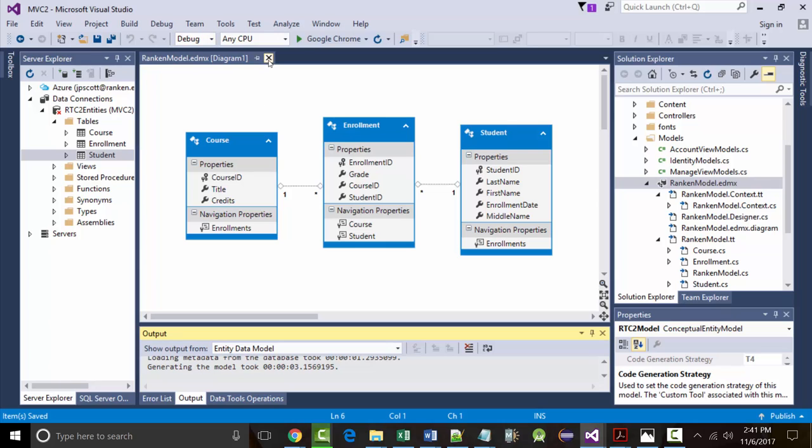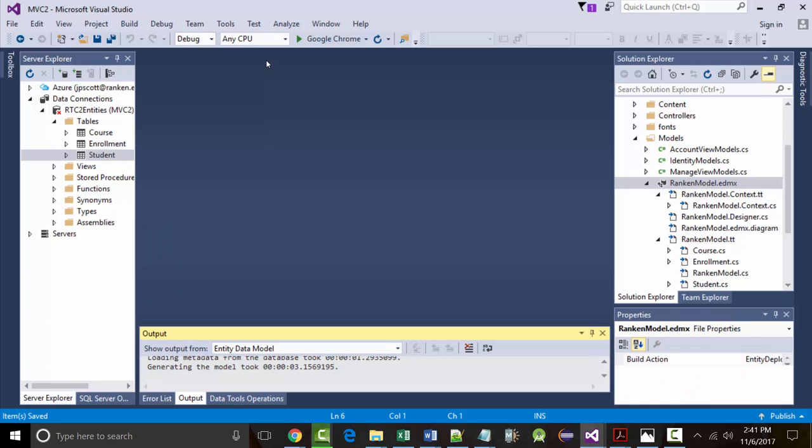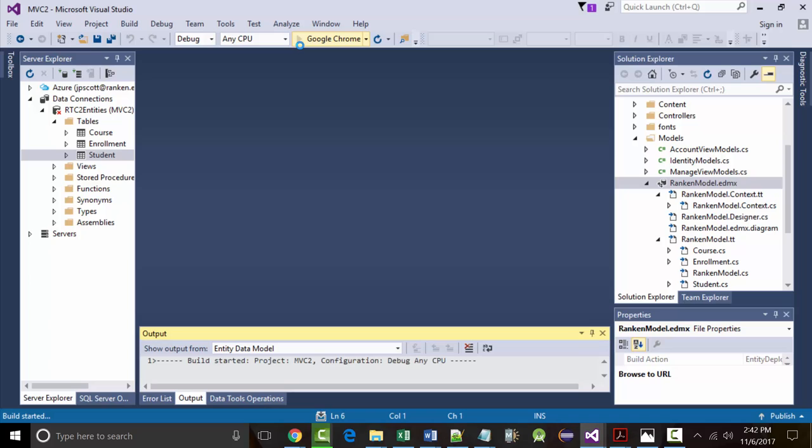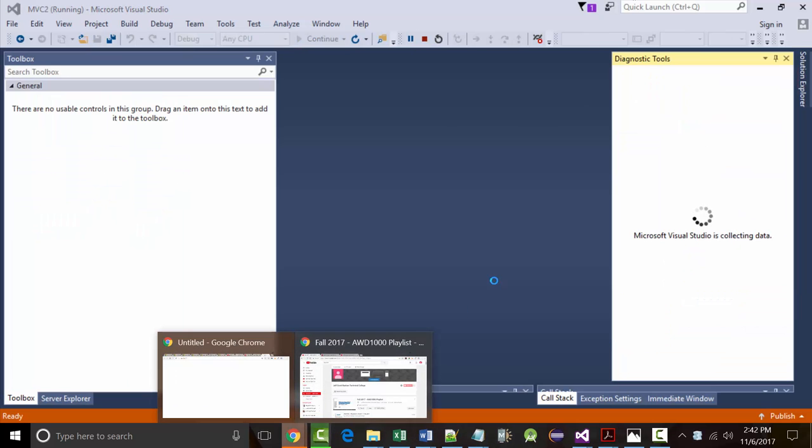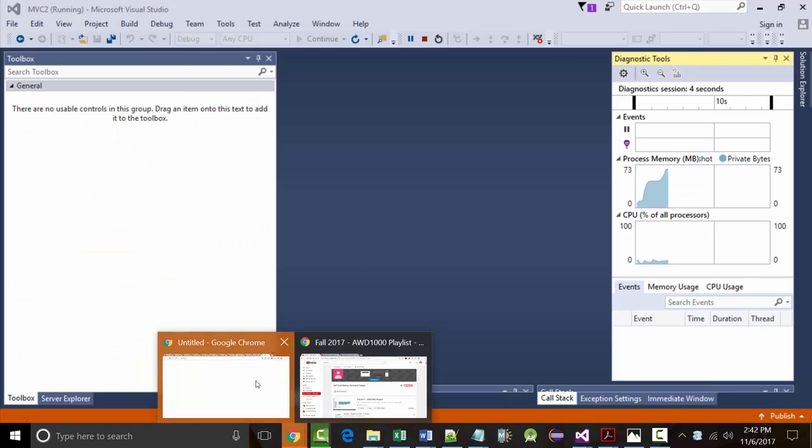There we go. So I'm going to close this. You don't have to do this, but please look up on the screen right now. I just did a save all, so I'm going to run this. You don't have to run yours. All right, it's loading in here right now. Once it loads,